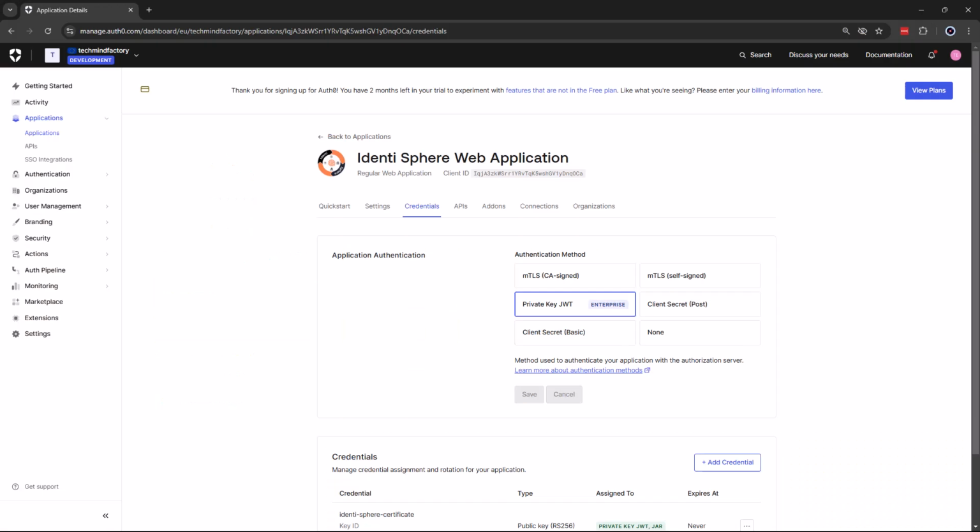Another feature which I would like to present in this demo is stronger application authentication. As you remember, when I was presenting, I mentioned that typically client ID and client secret values are used to authenticate the client. However, there are stronger methods like MTLS and private key JWT. In this demo, I would like to show you how to use private key JWT to authenticate the application instead